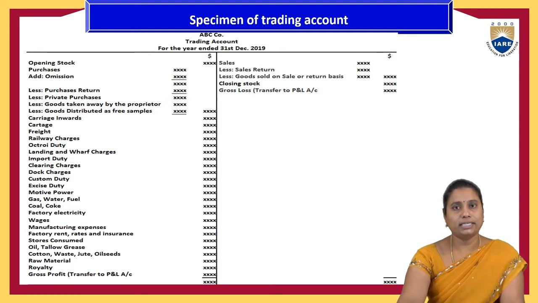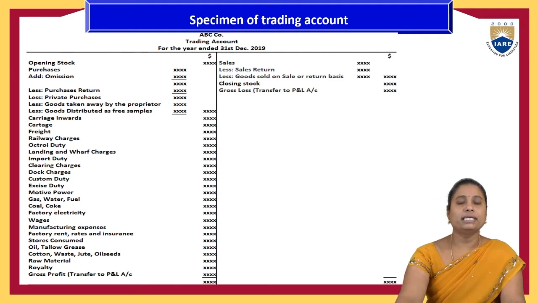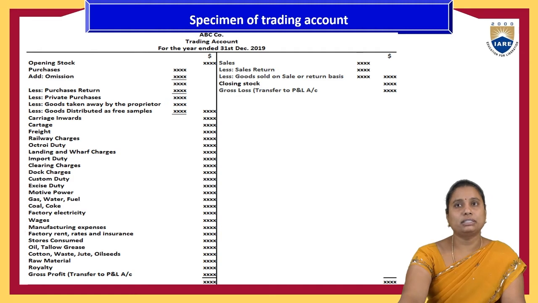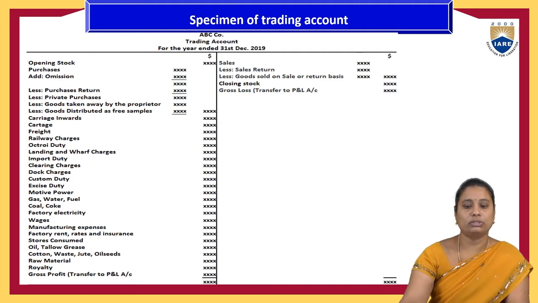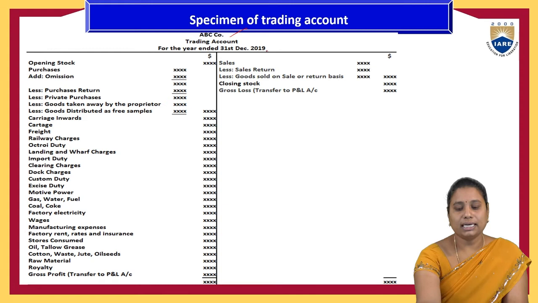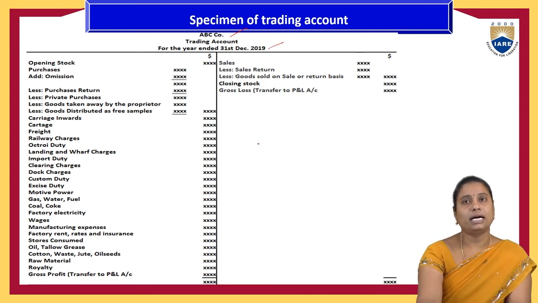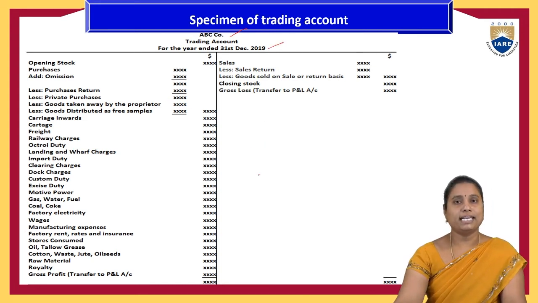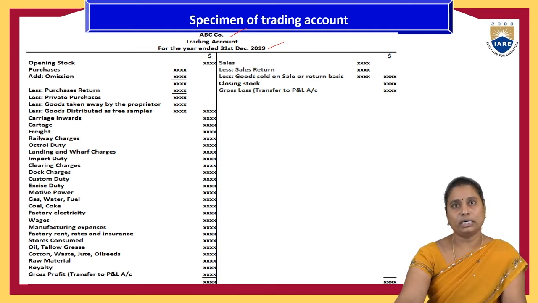First, journal, ledger, and after preparation of the trial balance, segregating the expenditure levels of the organization into three parts is called these final accounts. The first step of the final accounts is the preparation of the trading account, with the title of the company and the year of preparation, and the direct expenses, direct labor cost, wages, raw material cost related to producing a product, which are recorded under the trading account.